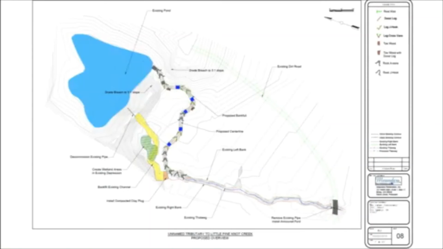So in the case of this stream, and many times it would probably have to be the case also in Sagahatchee, how do you actually restore the stream back to, so you can connect it to where